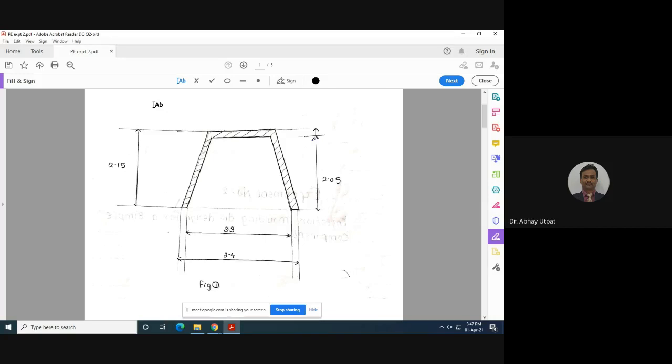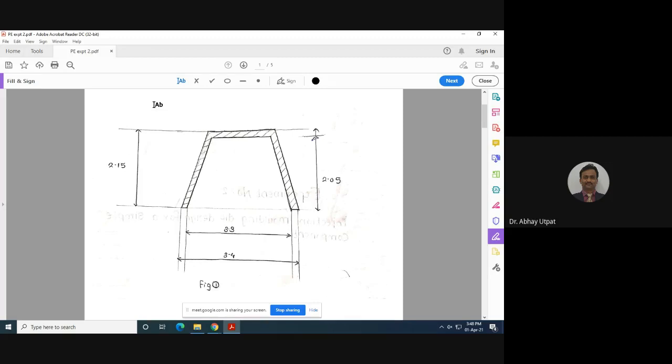See the figure carefully. The first assumption here: actually your components have taper, but it is not visible to your naked eyes. The taper is very small so that you can just feel it. By naked eyes it may not be observed. But for understanding purposes, I have drawn a little more taper, but when you are going to design the die, taper will be neglected. I repeat my statement once again so that you will not be confused in the next steps.